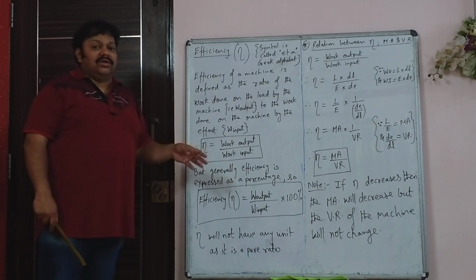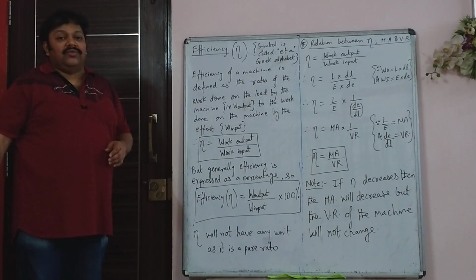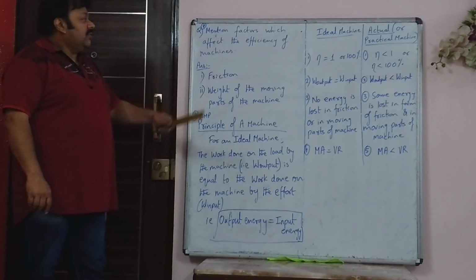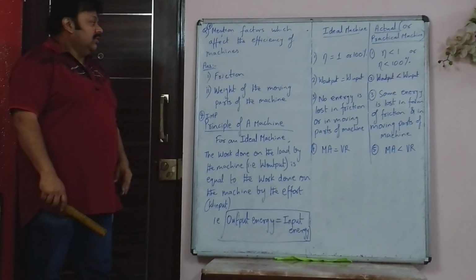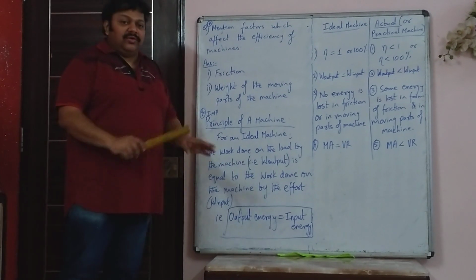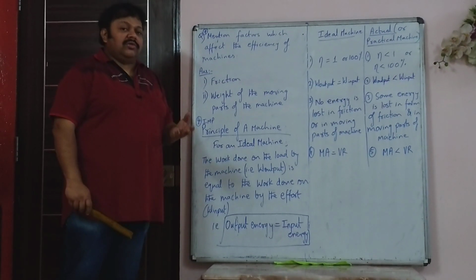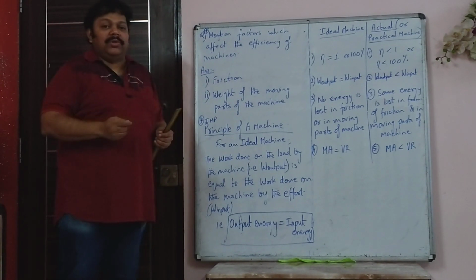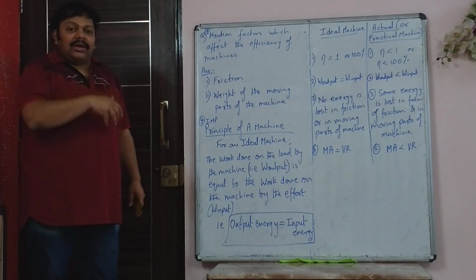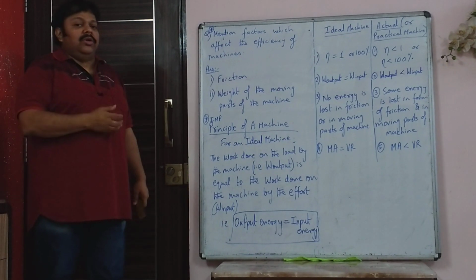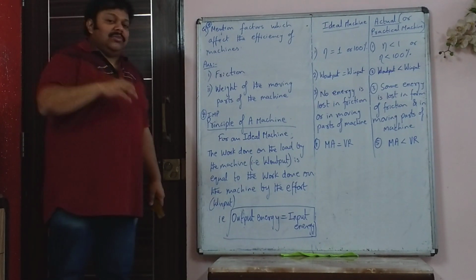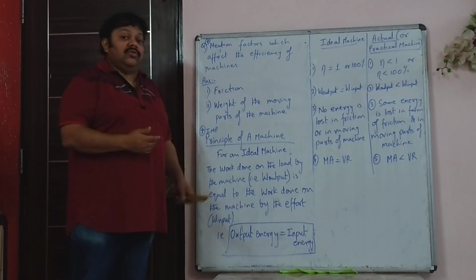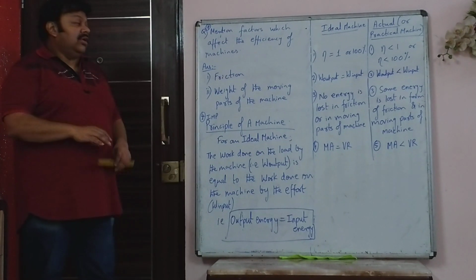We will continue with factors affecting efficiency or reducing efficiency in machines. So now we are seeing what are the factors which affect efficiency of a machine. Important question. First, most important factor is friction. Most of the efficiency loss is due to friction. Even when the rope is moving on the pulley, there is friction between rope and pulley, due to which there will be wear and tear of the rope. You can't have a pulley in which there is absolutely no friction. It can be minimized. You can lubricate the machine. You can use good quality material, so you can minimize friction, but you can't eliminate it.